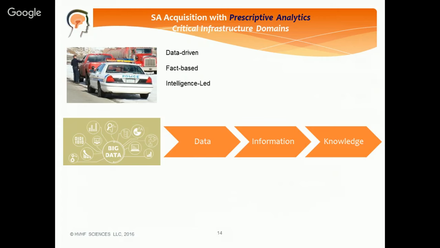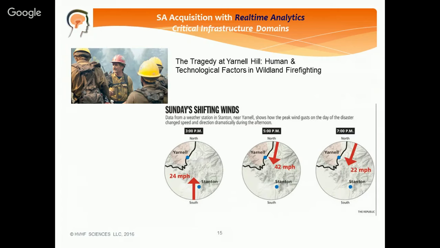Here is an example of real-time analytics. This is a very tragic event. In 2013, there was a wildfire in Yarnell Hill, and 19 Hotshots were killed. And the reason, as you see here in the geospatial images, was a sudden change in wind pattern, and because of that, the fire changed direction and started coming towards the firefighters. Here, if big data had been properly utilized and designed, and the technology is still evolving, in terms of the fuel source, the intensity of the heat, the oxygen level, the wind patterns, the past history,